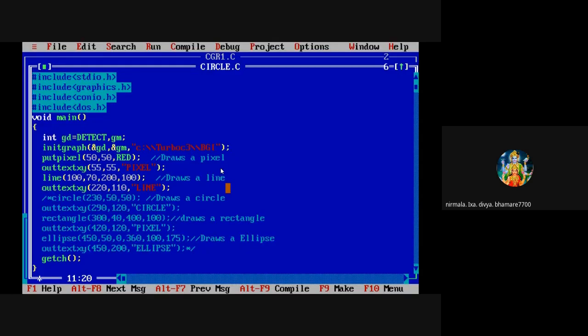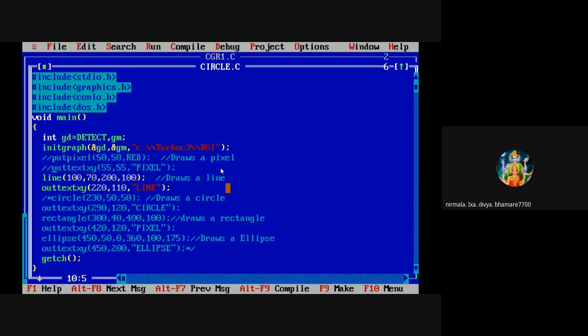Now, if I want to make this line horizontal, what changes will I make in my code? Now you have seen how this line is plotted on the screen. Now I want to make that line horizontal.